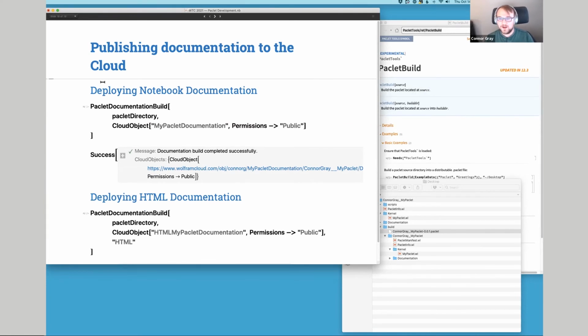And you can do that by uploading your documentation not to the Wolfram Paclet repository, but simply to a cloud destination that you control. And you can do that using Paclet Documentation Build, which supports a second argument, which is the destination. This can be a directory on your computer if you just want to build it locally, or it can be a cloud object directory. So if I run this,